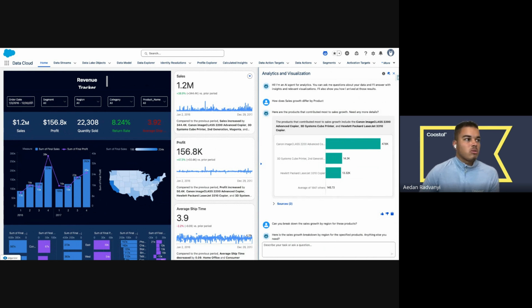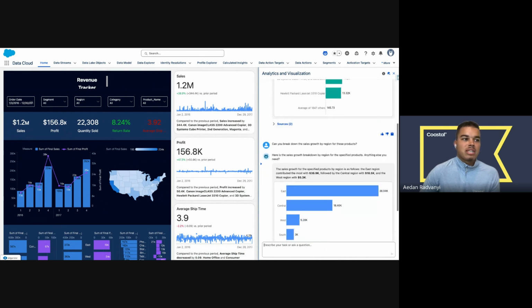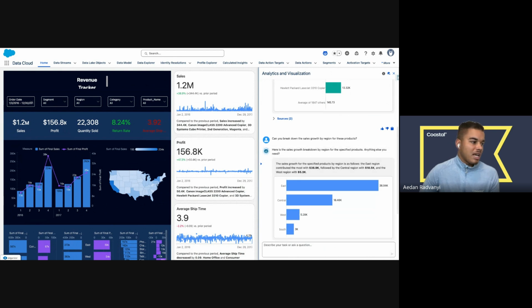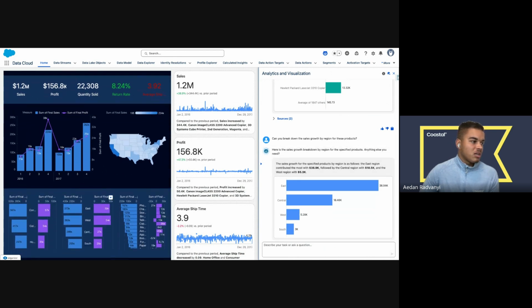How does the sales growth, this 38.9% increase, differ by product over time? And I can see that these top 3 products have come through. And that gives me an insight that this dashboard didn't necessarily have as an initial starting point. But moreover, I can see, well, how does that breakdown of sales growth by region for these products? How do these products impact different regions too? Because again, I have that regional data in my CRM Analytics dashboard, but this is now combining the product level data that I have access to, but wasn't visible in a dashboard.